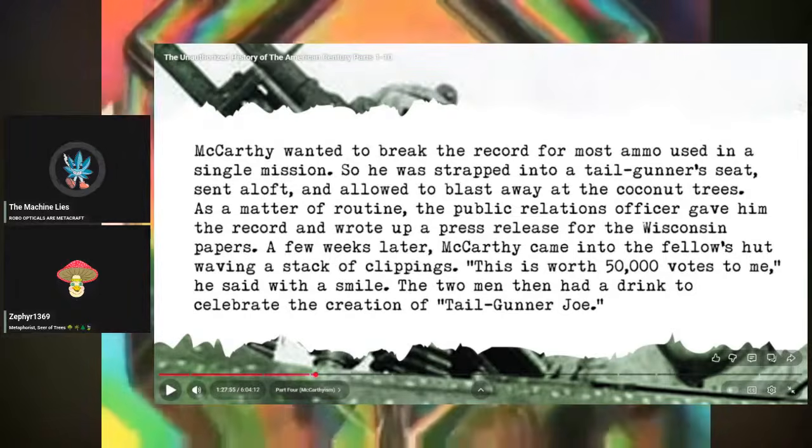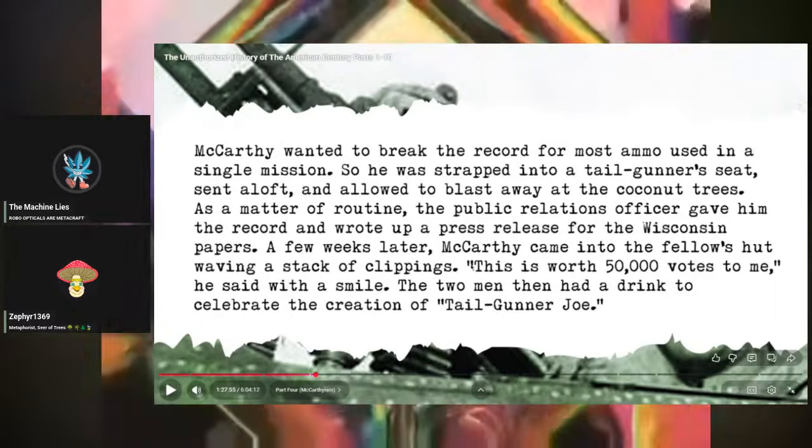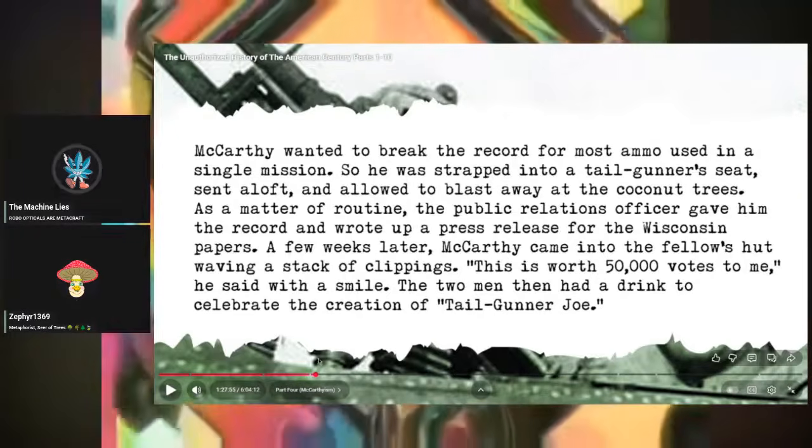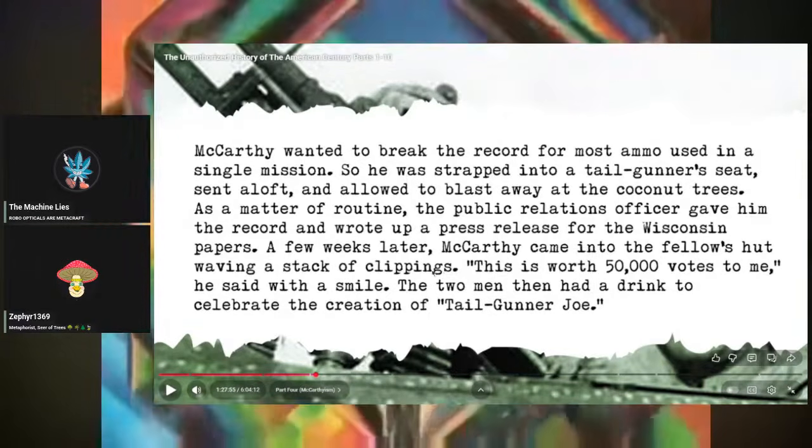So the key line here is this idea that he says, this is worth 50,000 votes to me. So he knew that he was sort of